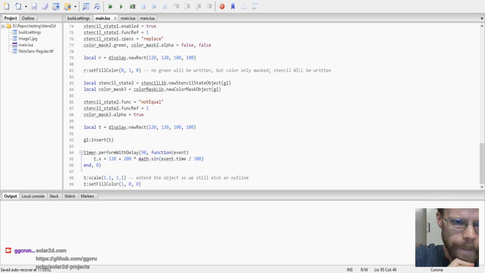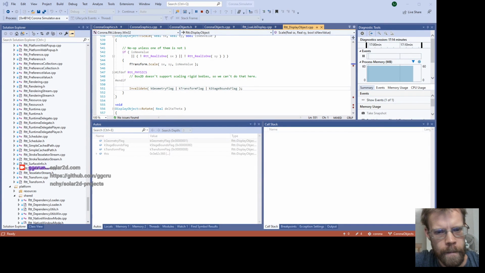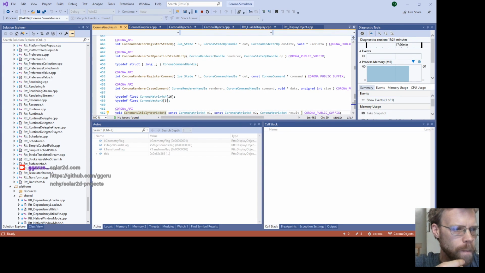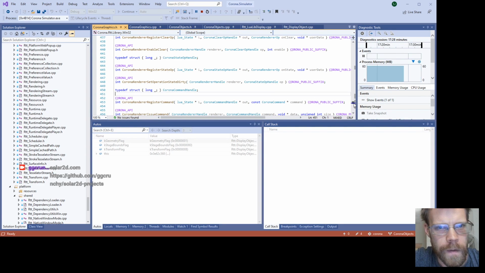I have been hacking away on the Solar source, trying to add in some graphical capabilities, graphics, and also display objects. So on the graphics side of things, I have